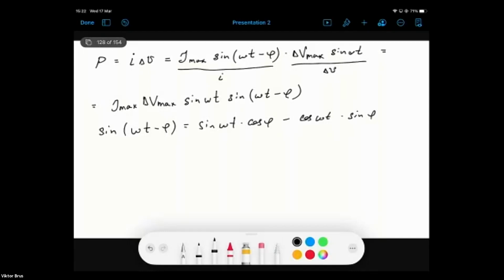So eventually, when we take this into account and substitute instead of sinus omega t minus phi, its identical expression,